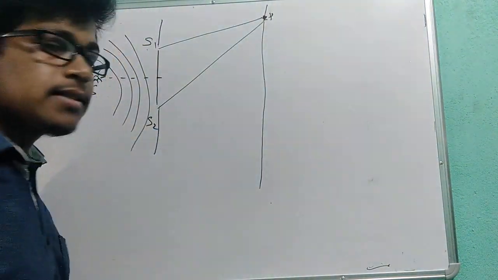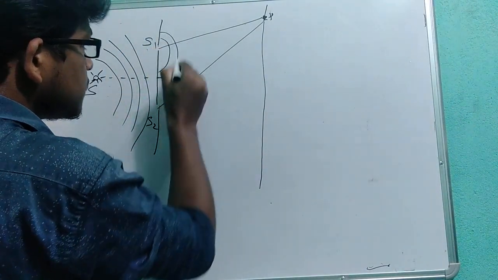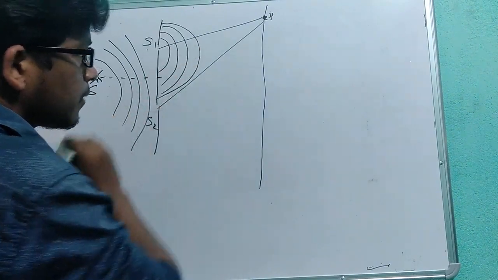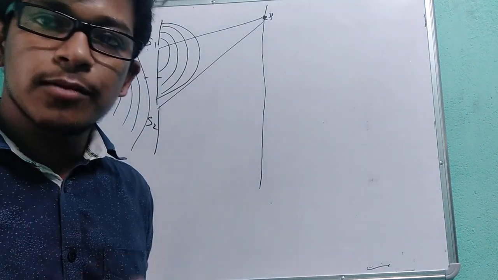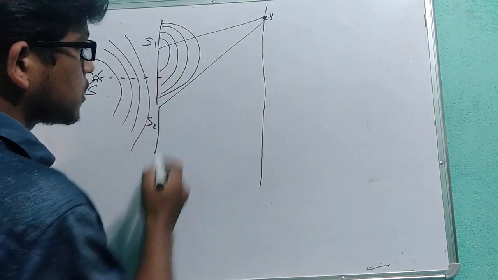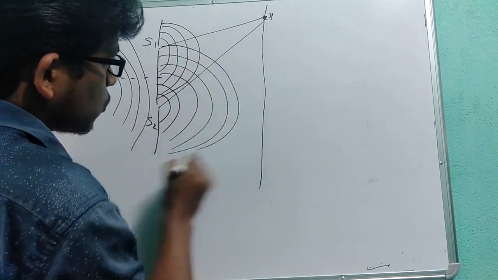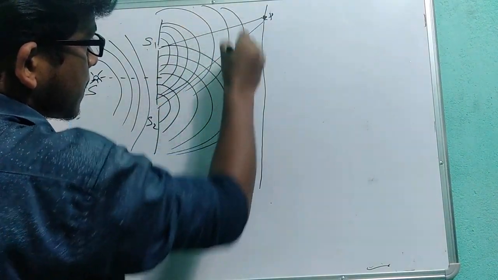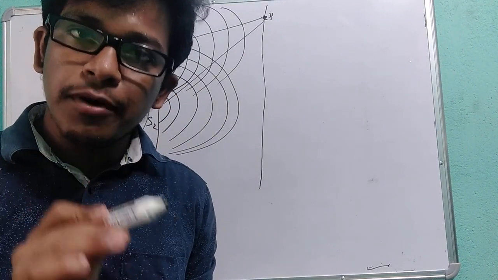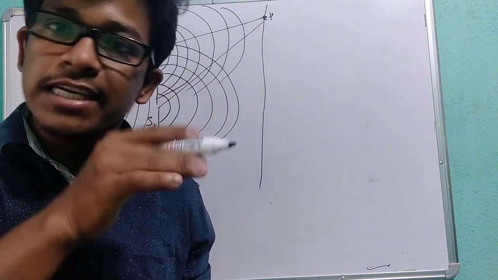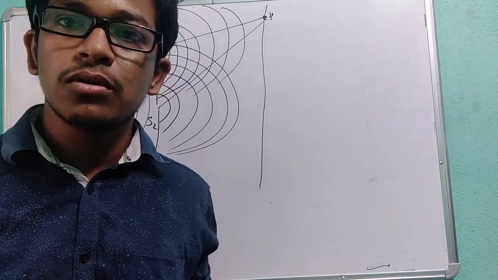So light is going here, and one more thing, I forgot to tell you the most important thing: this is creating a wavefront. As I have told, this interference is due to the splitting of the wavefront. The S1 source has a certain wavefront, and the S2 source has a certain wavefront. Notice carefully, the region at which superposition takes place, there only we can get interference. Where there is no superposition, there is no interference.